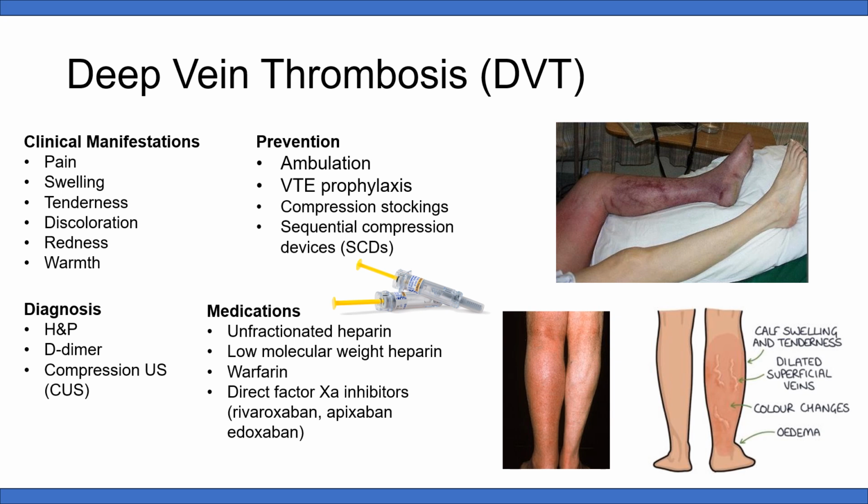If you have cell death, tissue death, that's a wound. So our body is going to activate our inflammatory response. So we're going to get pain, swelling, tenderness, discoloration, redness, and warmth, the classic signs of inflammation. The way to diagnosis, we're going to get a history and physical